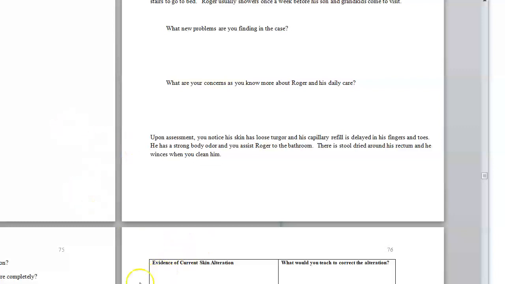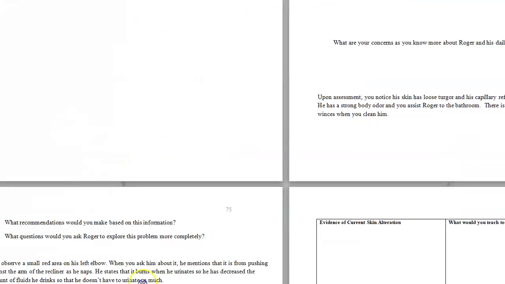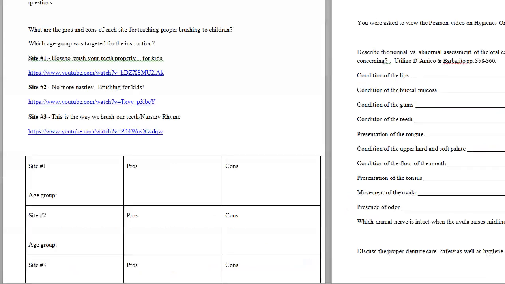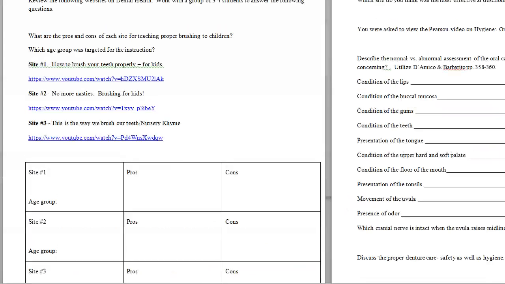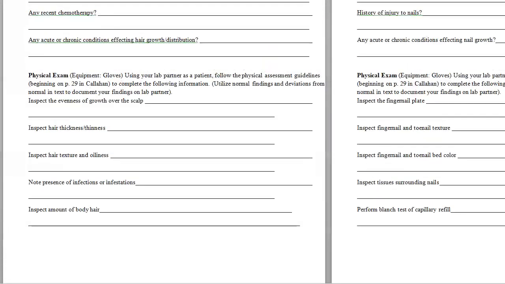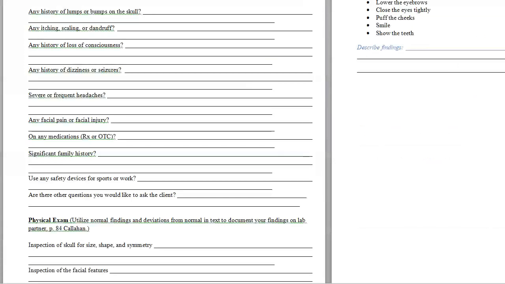Again, we're finding some more information about the patient. We see that, sorry, I went too far. Quite a bit farther, sorry about that. Let me bring it back to